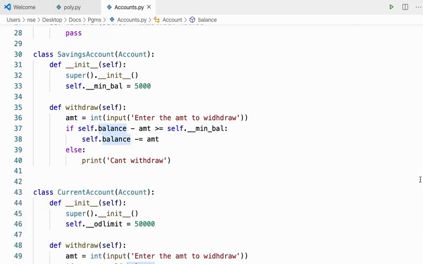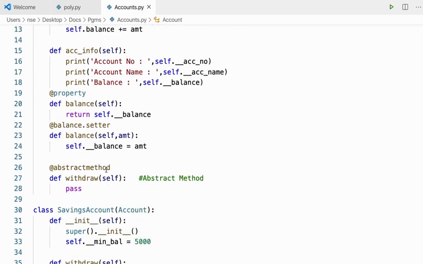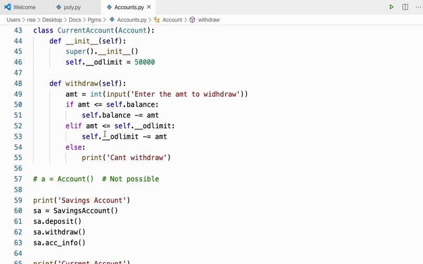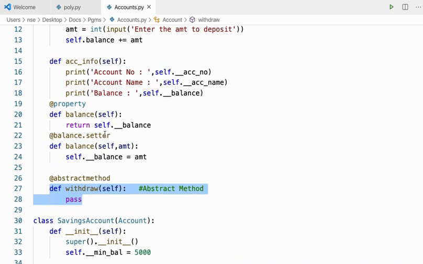Hope you understood this about the abstract class and abstract method. Wherever there's an abstract class, you cannot create an object or instance for the abstract class, and wherever there is an abstract method, that must be defined in all your derived classes. If you don't define it, you will be getting an error. So whenever you feel that some method is a must and it must be defined in all your derived classes, make sure that you are making the base class method as abstract method to solve all the problem. Got it, guys?